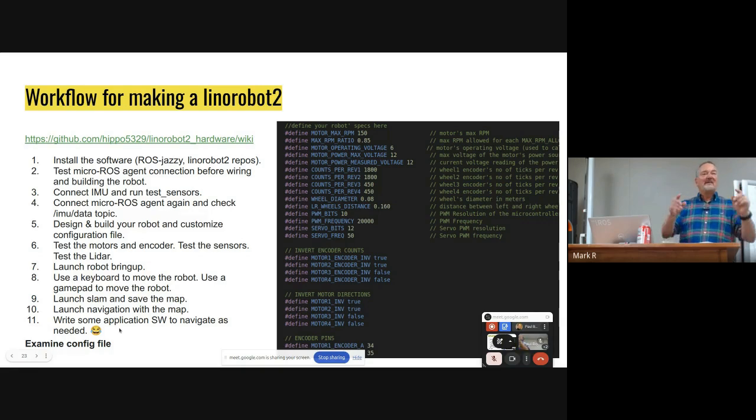go forwards, because if you have your NA and NB backwards, or your quadrature encoder signals backwards, it can go backwards, or it may go forwards, but it tells you it's going backwards, in the readings emitted from the test programs. So then you launch the robot bring up, you use a keyboard to move the robot, then you